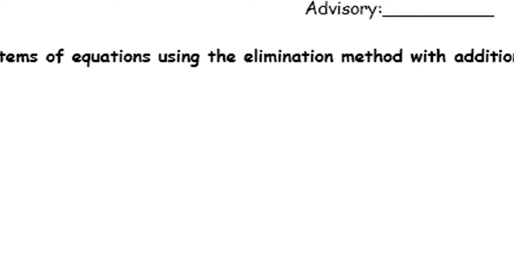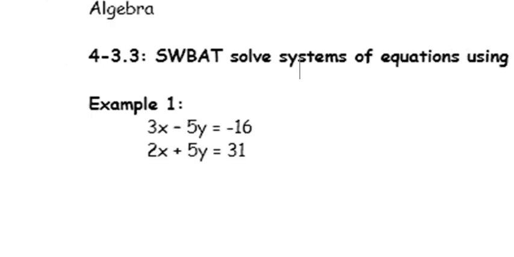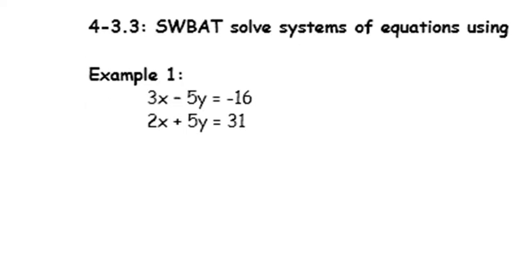We talked about graphing, and we got to the point where graphing became really laborious when we didn't have some of our equations in slope-intercept form. When we get to substitution, sometimes when we have fractional coefficients, or when we have to solve and isolate a variable, whether that's x or y, it doesn't matter, for one of the equations, then it becomes more laborious. So the elimination method can be really, really helpful